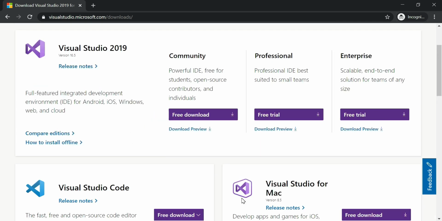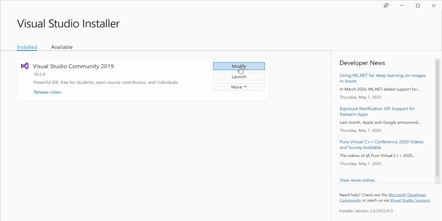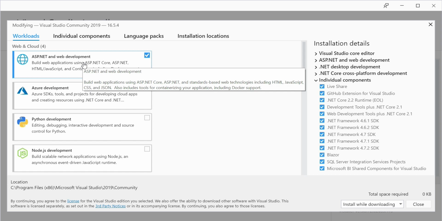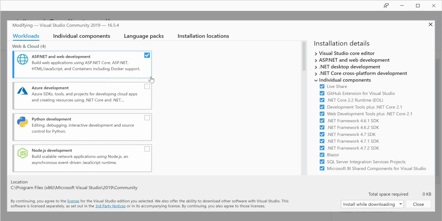To develop .NET Core application in Visual Studio 2019, we need the .NET Core cross-platform workload. So while you are installing Visual Studio, please select the .NET Core cross-platform workload. To install it, open the Visual Studio installer, then go to Modify. You can see here packages such as ASP.NET Core, ASP.NET and all these things. In my case, I have already installed that.